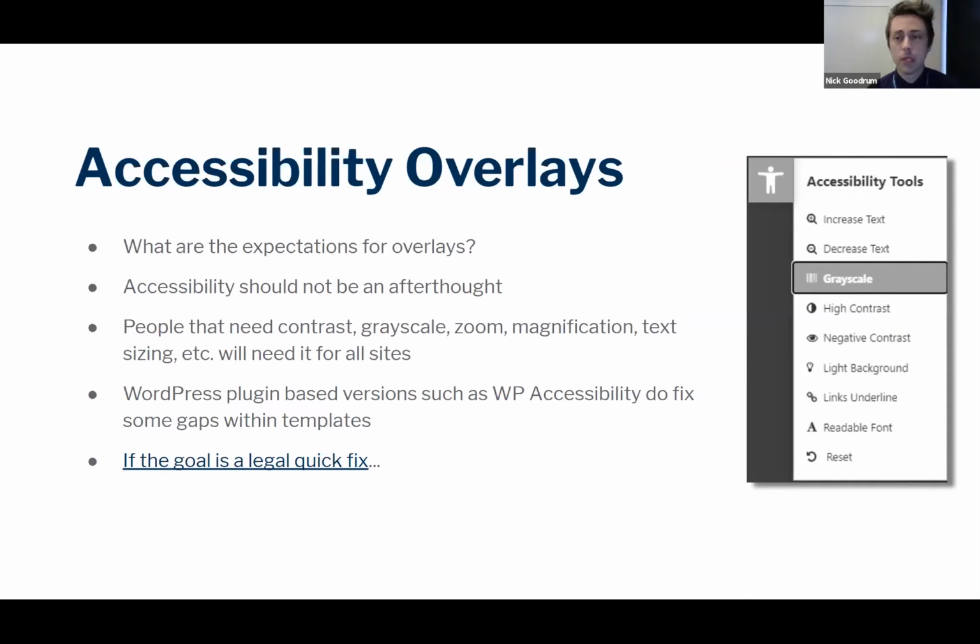Well, they don't really fix everything. If you really look at it, there's so much inside the spec that an automated tool fixing everything is not really possible. Then you might say, okay, well, it's also progressive enhancement, helping out people that might need grayscale or high contrast or some negative contrast, some options, right? Underlines. Now again, if you're making a good website, the link should already be recognizable. So why add the link underline aspect?